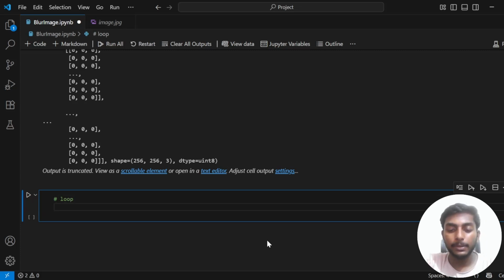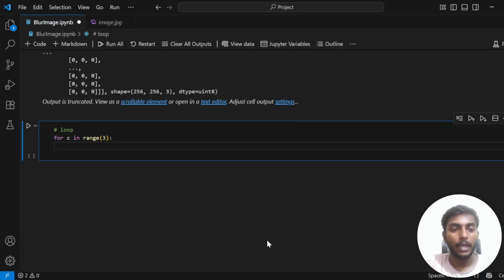The loop will be for c, or you can say channel, in range. How many channels are there? We know there are 3 channels, so we take 3, and for each channel we are going to take a padding around it. We have already seen padding, so we are going to pad. So padded image,